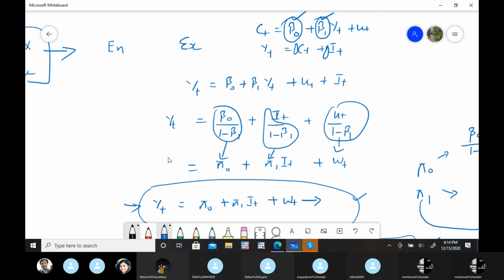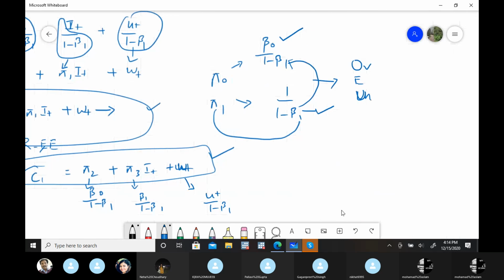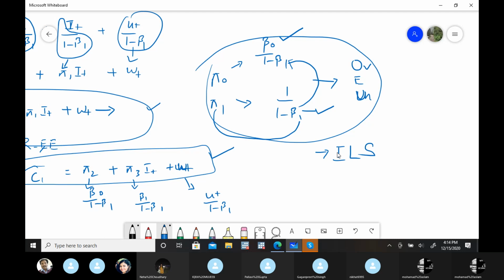How? Let me take other examples. Is it clear till here? In this case, we run the regression with the reduced form equations. Both our problems will be solved, biasedness and inconsistency, and we will get these two estimates. And this is called indirect least squares. Okay, this is indirect least squares, ILS. The process that we have just done here is indirect least squares.